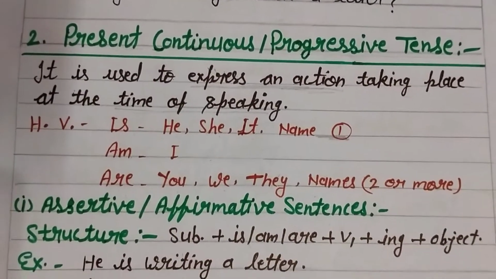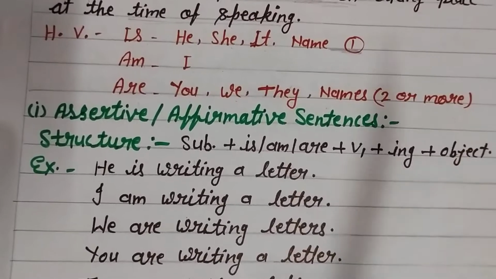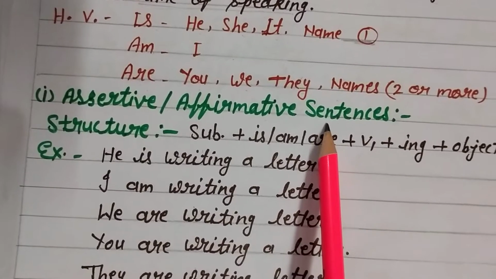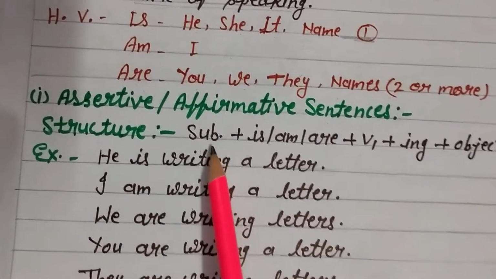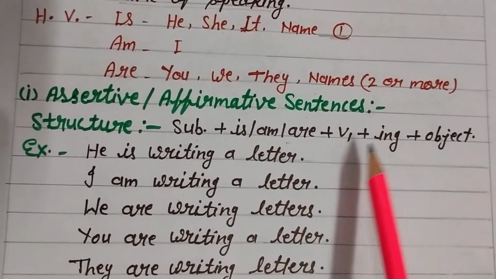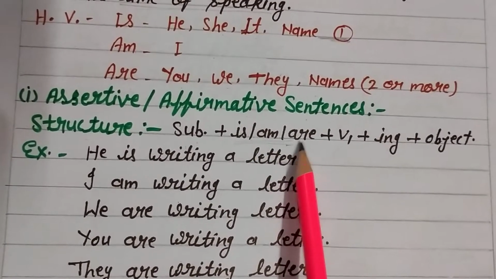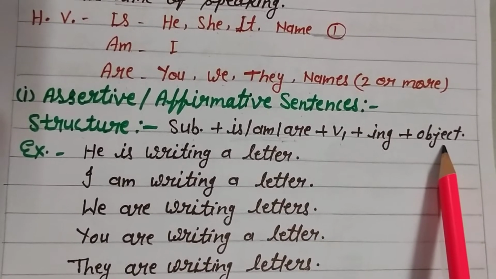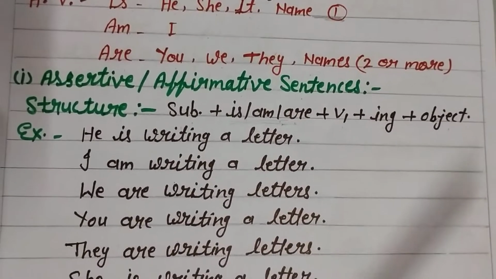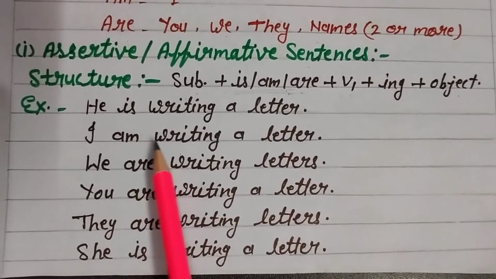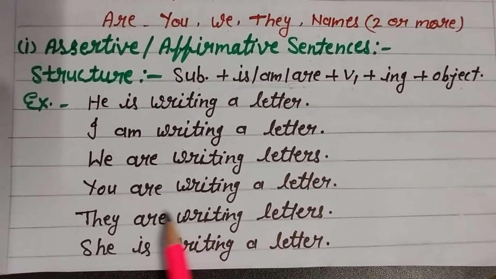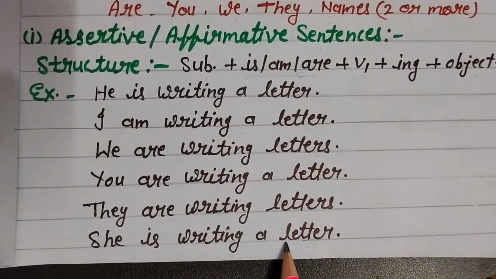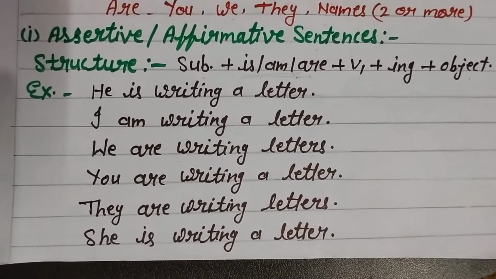Okay. The types of sentences here. First type of sentence, assertive. As you know, simple sentence or affirmative sentence, we can say it. Structure: subject plus is, am, are. We can use only one according to the subject. Verb's first form with ing, and then object. So here are some examples. He is writing a letter. I am writing a letter. We are writing letters. You are writing a letter. They are writing letters. She is writing a letter. So, and next,